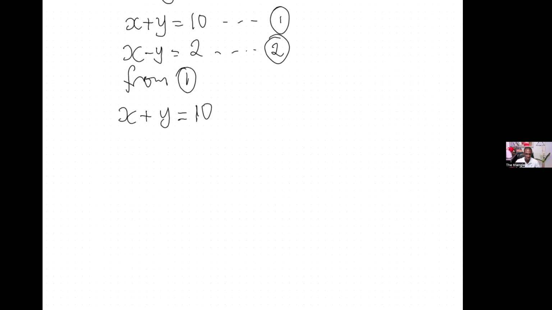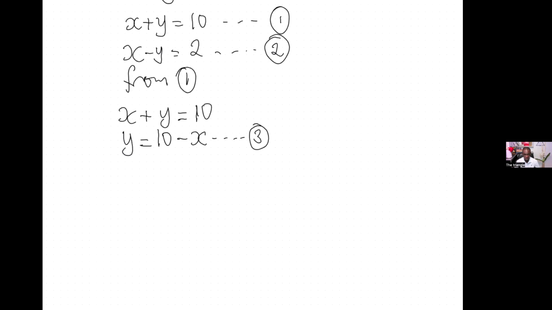So x is crossing over. So therefore, we have y equal to 10 minus x. Therefore, we'll name this our equation 3. All right? So after we've named this to be our equation 3, we'll substitute equation